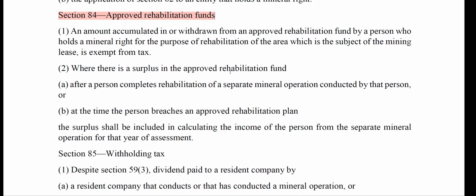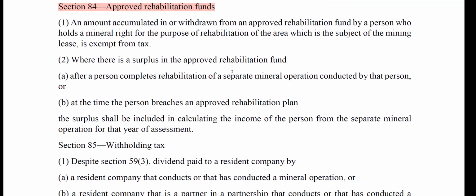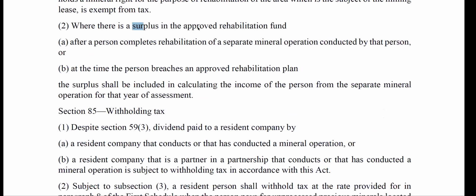So this rehabilitation or decommissioning comes from IAS 37, where you know that you have an obligation to clean up the place. So you start setting up a fund, maybe for the next 20 years, because you want to rehabilitate or restore it to its original position. So let's go. Where there's a surplus,